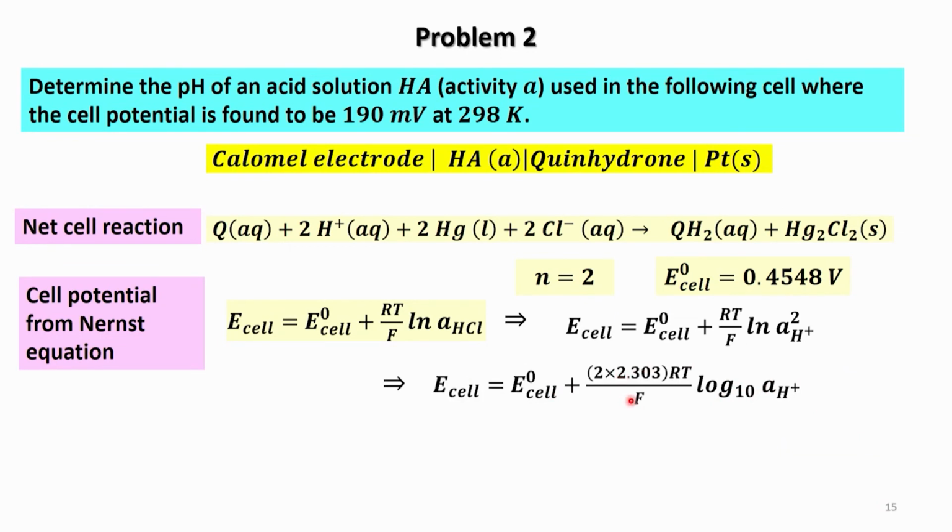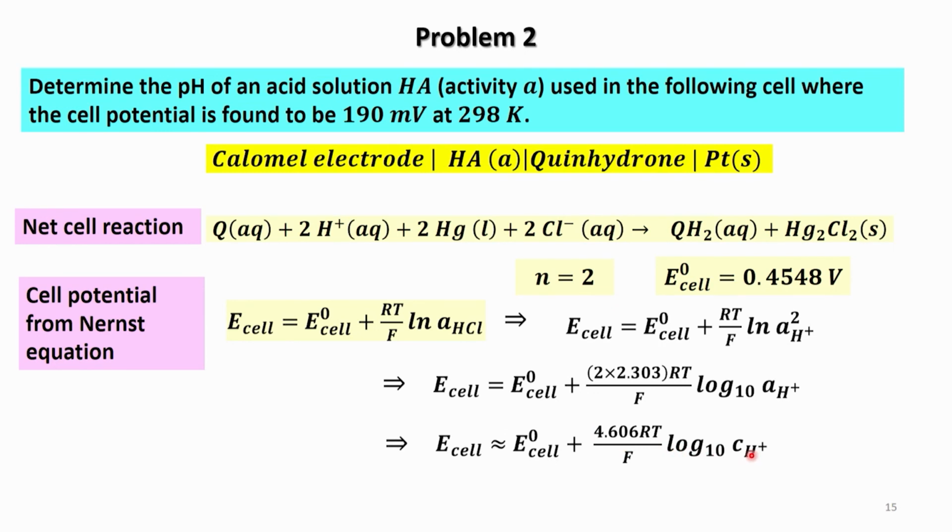Now, this gives me the chance to make an approximation that E cell will now be approximated by E naught cell plus this number into log to the base 10 concentration of H plus